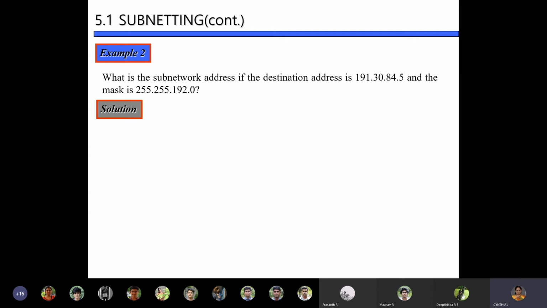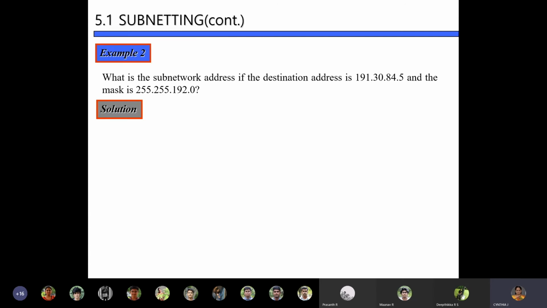To find the subnetwork address, you know that the first two octets of the mask are 255.255. Since it is a class B network, the subnet address will start with the same net ID, which is 191.30. Now you are sacrificing a few of the bits in the third octet for the formation of subnetworks.